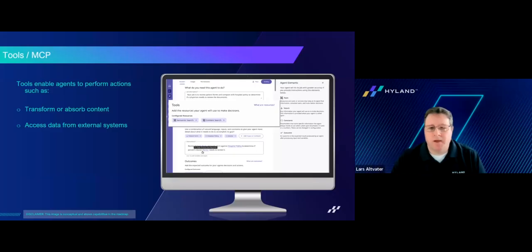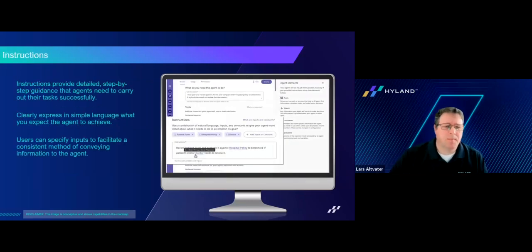It will tell it what kind of input those tools need and what kind of results to expect. So this means basically the agent doesn't have to guess what the result of a tool is. It knows exactly how to take an action, like pulling a document from OnBase or looking up a value through Automate in a third-party system, things like this.